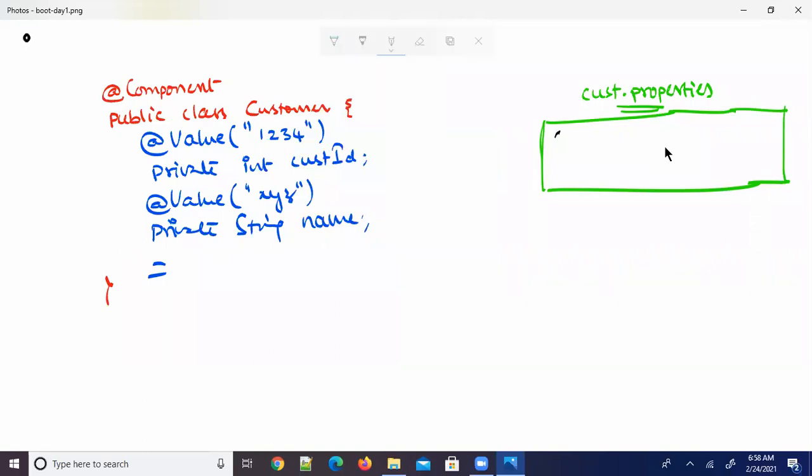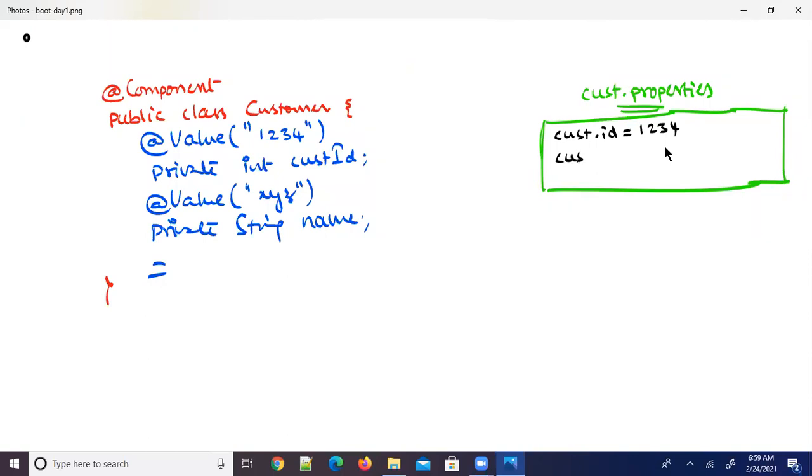Say, for example, I am writing cust.id as a key. This key can be any of your choice. Don't feel that dot is compulsory. There is no rule or regulation like a dot is mandatory. It can be any user defined key, a string, something, cust.id equal to 1, 2, 3, 4.